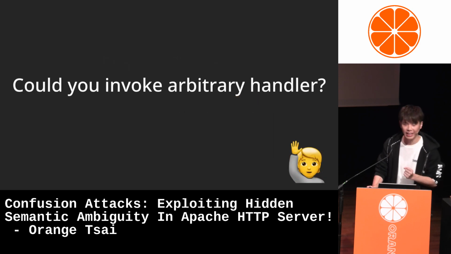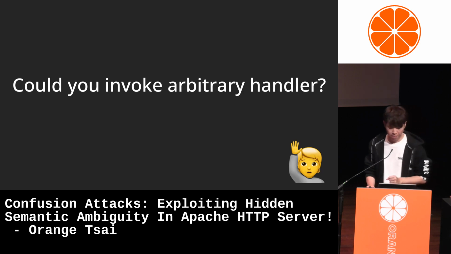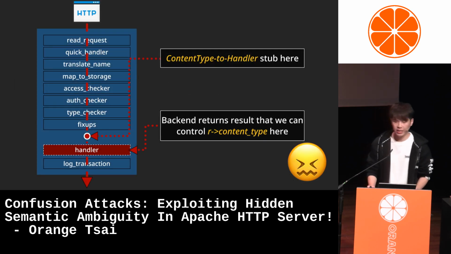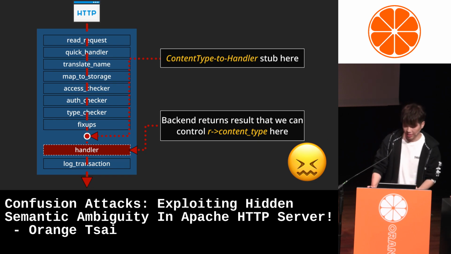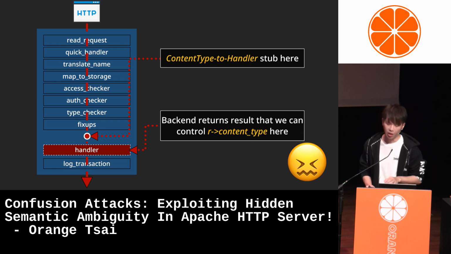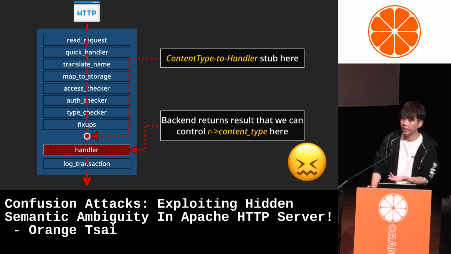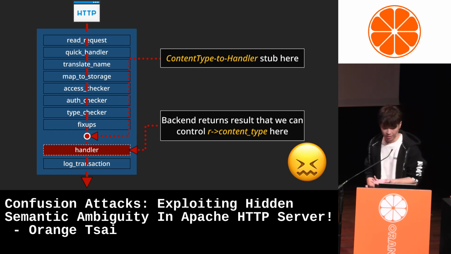So can we really do that? It's very promising. However, there's still one last piece of the puzzle. The situation is not as simple as it seems. In practice, all the code paths that can modify the content type are all after the legacy transformation. So even if we can modify the content type through the server response, it turns out to be useless. So what can we do next?